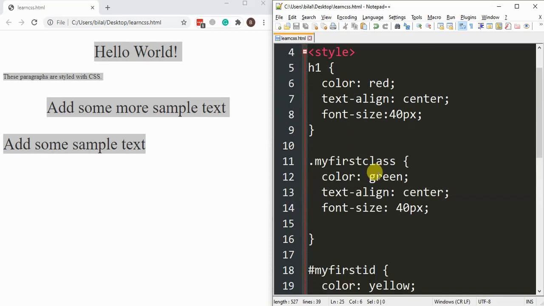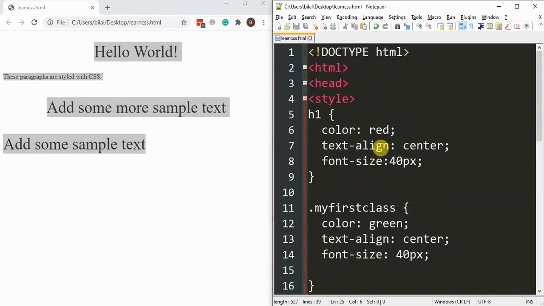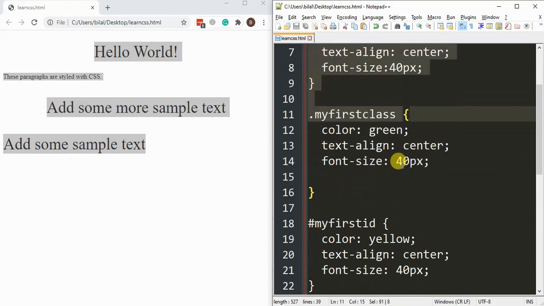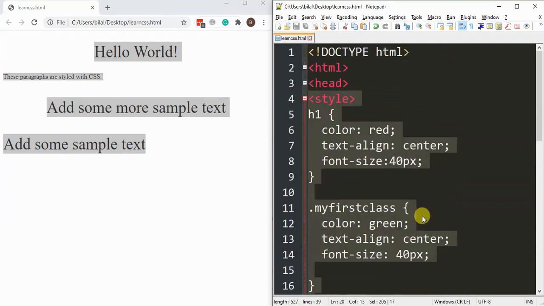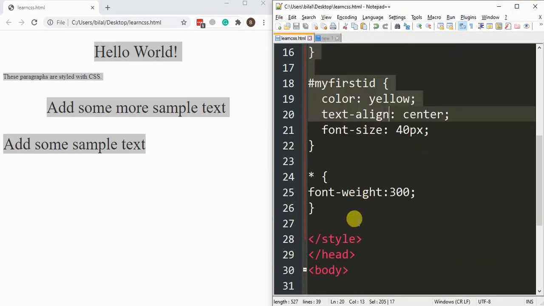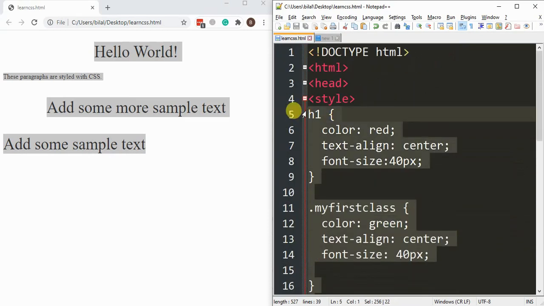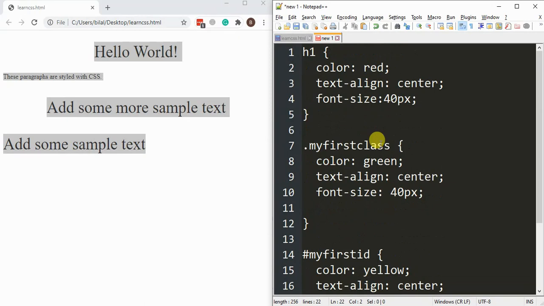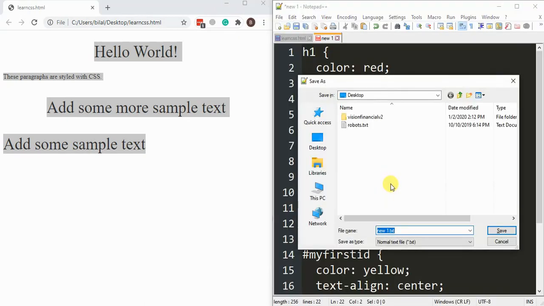So there are three ways we can add styling. We can add CSS code into our document. One method is by using style tag, which we are doing at the moment. Another method is that we can separate all of the CSS code in another file. So for example, if I create a new file here and copy all of my CSS code and remove that from our document, paste it here and save it as CSS file style.css on my desktop,